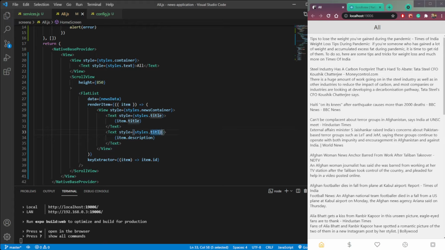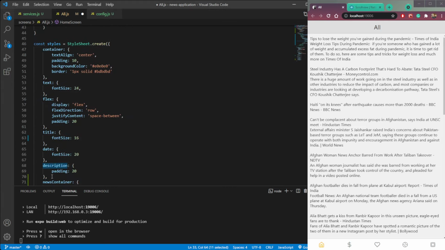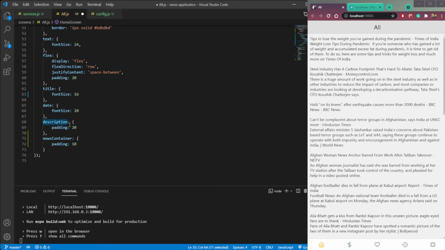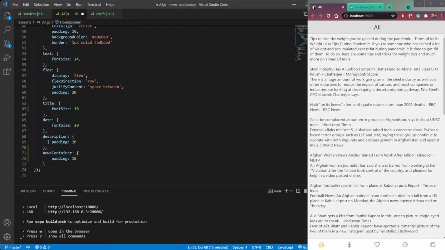So we need to change the style of the title. We need to give it a style of a description also. So same as title, it should be description, or I think it should be news description, because we already have a description in the styles here.